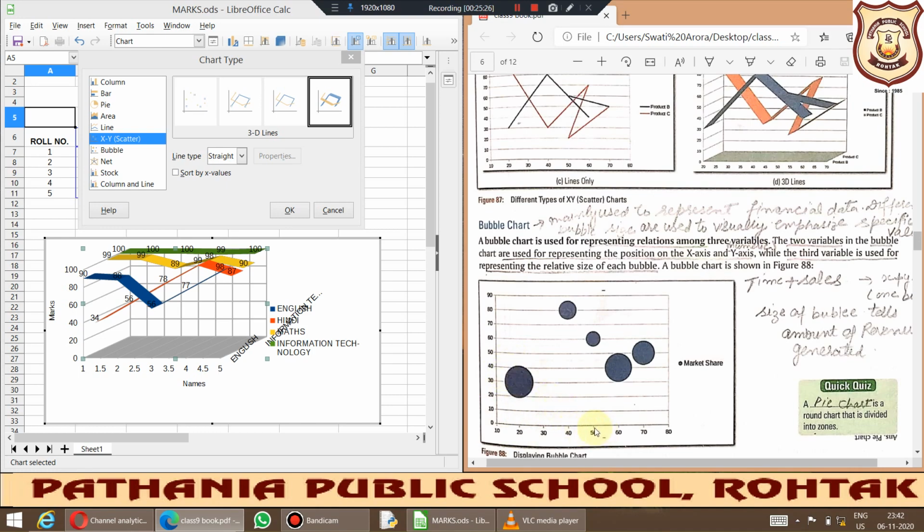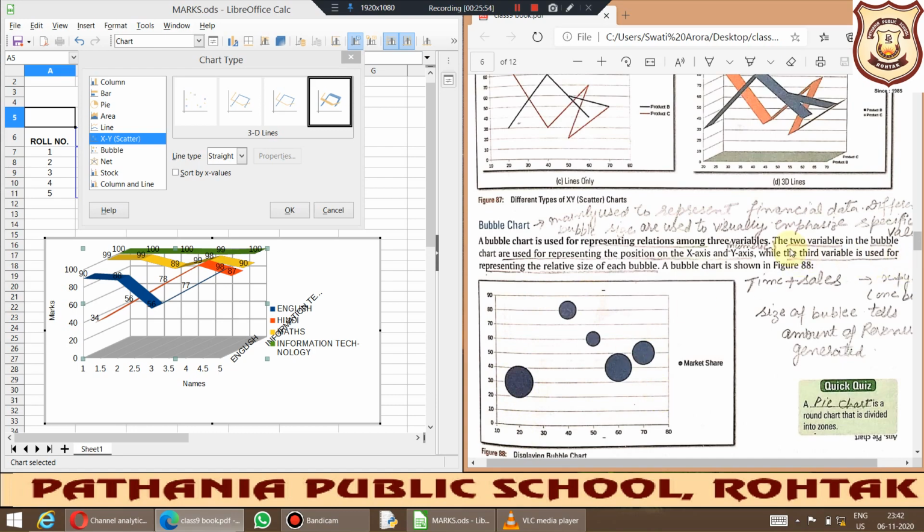But when we were doing sales after 50 minutes, how many sales were done, 60 sales were done, but how much profit was there, this much only. So the size of the bubble is showing the third variable. So two variables are shown by the position of the bubble, and we will locate the things from the center point of the bubble. In this way we read the data from the bubble.